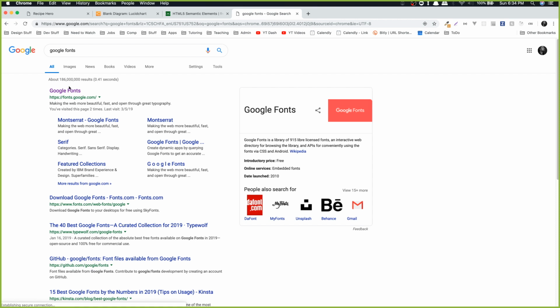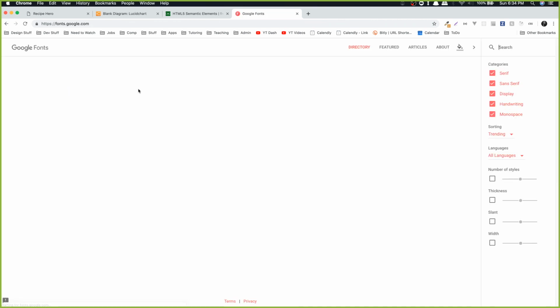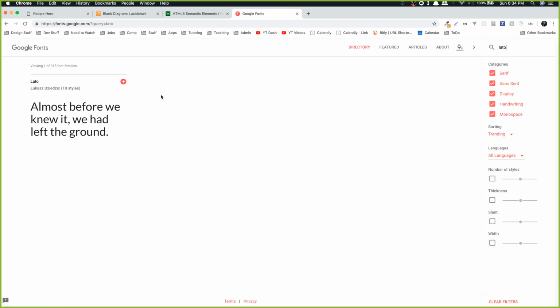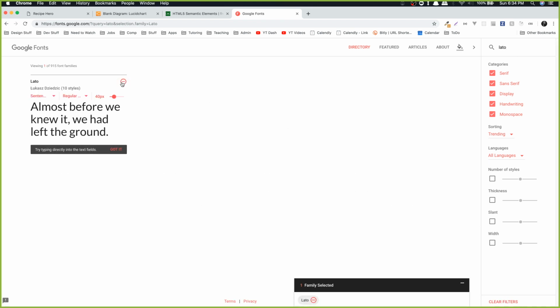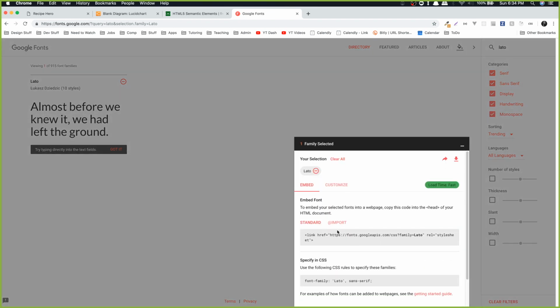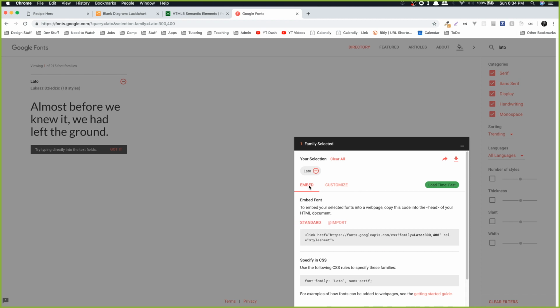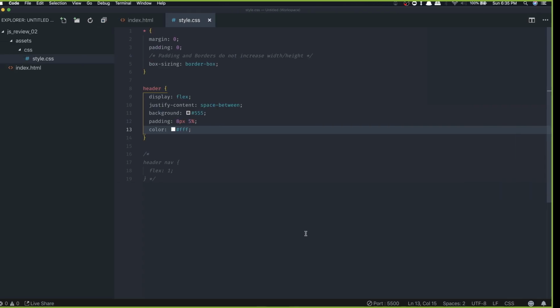Google Fonts. Okay, great. I'm going to go to Google Fonts here. I'm going to type in Lato, which is one of the ones I like. I'm going to hit the plus sign here, and down here, I'm going to choose this. I'm going to go to Customize, and I'm going to choose a light, and I'm going to leave the regular. So I'm going to have 2 types of weight, basically boldness. Then I'll come back over to the embed tab, and I'm going to grab this link tag, come back over,